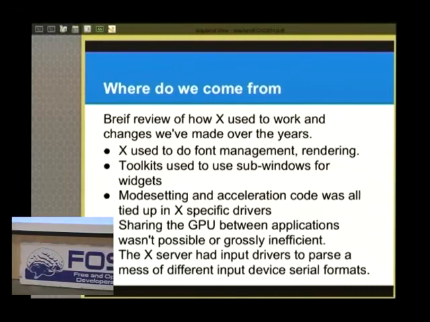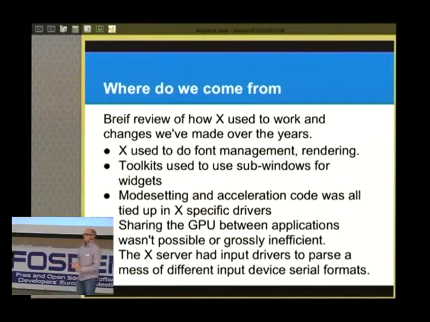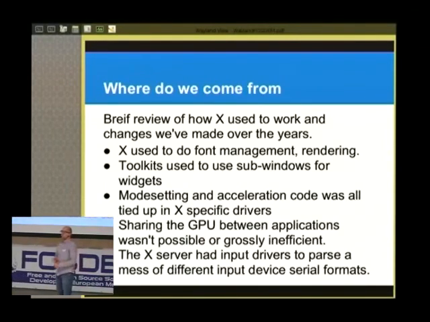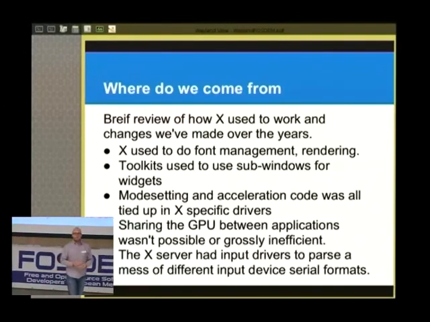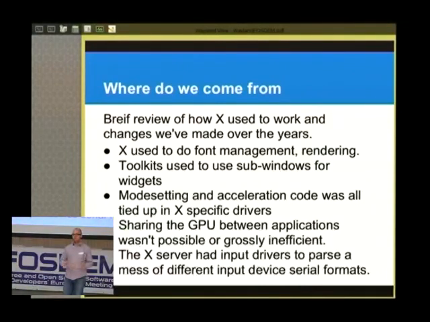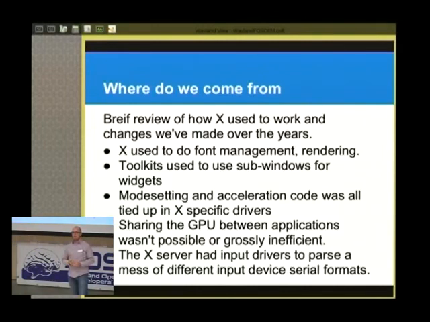And so what changed there was we moved mode setting into the kernel. We moved memory management and execution management so that when you submit rendering commands to the hardware, the kernel knows how to multiplex and arbitrate between several clients trying to use the hardware. And we made the GL drivers independent of X so that we could use them as EGL drivers or GLES2 drivers, and we made it possible to use those drivers directly on kernel mode setting without X. So a lot of the infrastructure that was tied up in this big monolithic X server has been split out into reusable components. And even the input side, where we get input events from mouse and keyboard, has been changed.